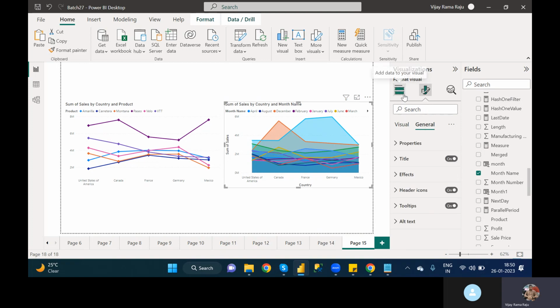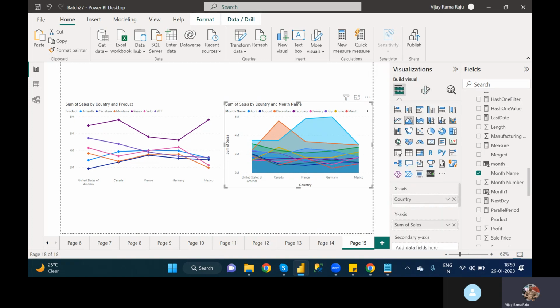Okay, so like this we can give the area chart. This is also the same, and if you know this particular one, the remaining are all the same. In this, these two bars and lines also we can include. Okay, so